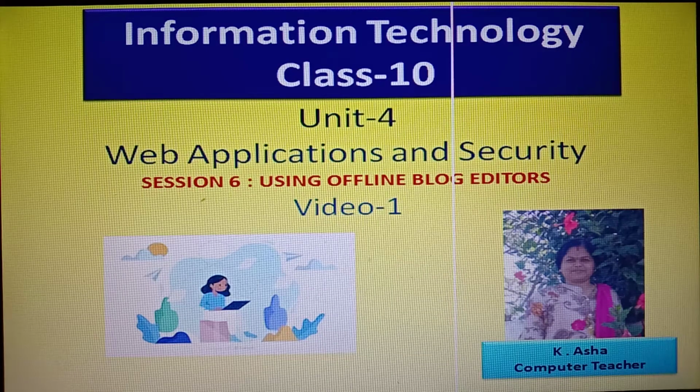In the last class, we learned how to create blogs by using WordPress.com. Now, as long as we have an internet connection, it is very easy to create blogs. But what if the internet connection is not working or if the network is very slow? Then how do we go on with updating the blogs or trying to publish something?